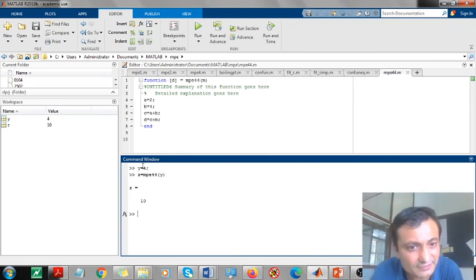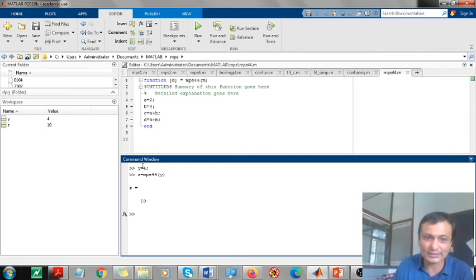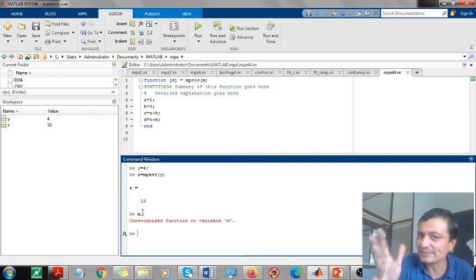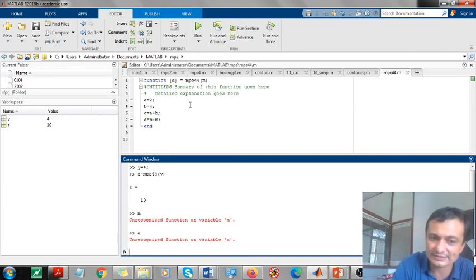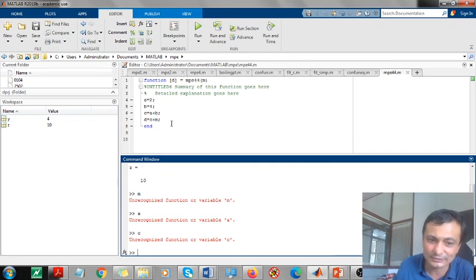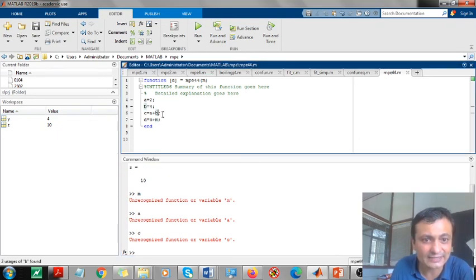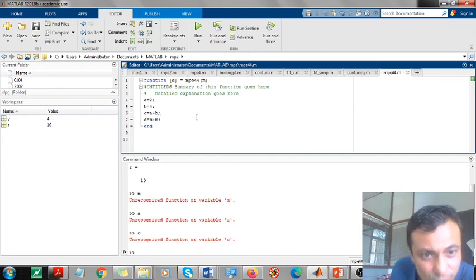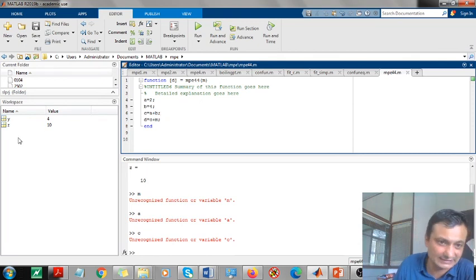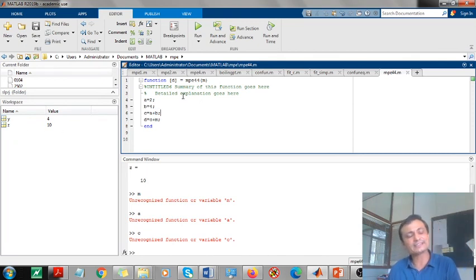So when I call a function file, what I need to learn is that only variables which are designated as output and input are shared with the workspace. In fact, if you write m here, m is local to this, a is local to this, c is local to this, and in the same way, if I write here y, without passing it on, any variable which is not passed on to the function file will not be accessible. So a function has its own workspace. It is separated from the command window workspace. It requires a designated input. A script file doesn't need that designated input.